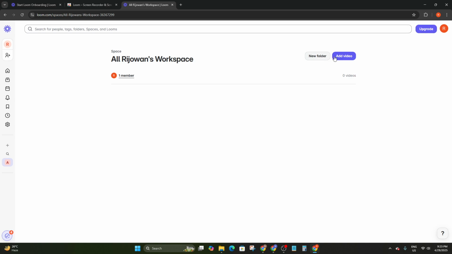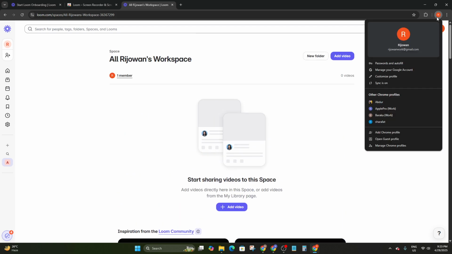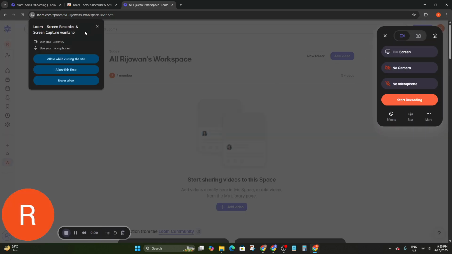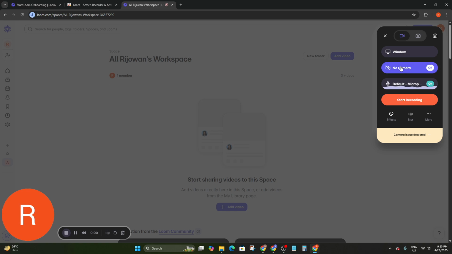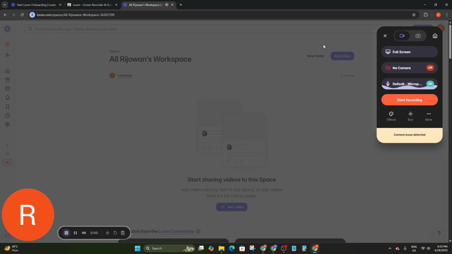So from here you can add video or anything like this, and I'm going to use this Loom browser extension right now. You can simply click on it, and here you can see allow visit, yes, allow everything, the microphone, camera. I don't have any camera right now, like a webcam. Here you can go to the window and capture only this window, or you can capture full screen here. It will capture full screen,